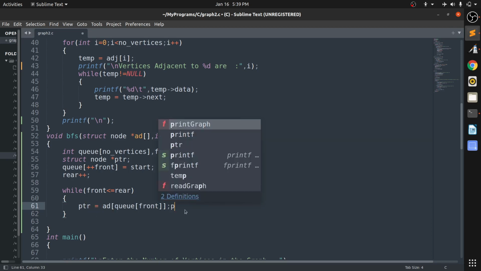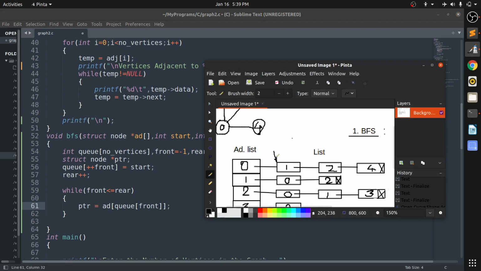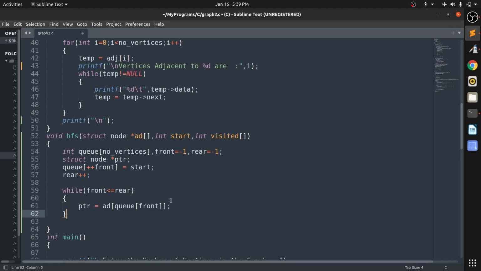Okay, so what I am going to do here is I am just taking that pointer to the list, that is here, this arrow means this is pointing to this list. Okay, after that I also wanted to delete this element, so front plus plus is post-increment, so whenever it returns the value to the queue, means to this ad, it will delete that value.